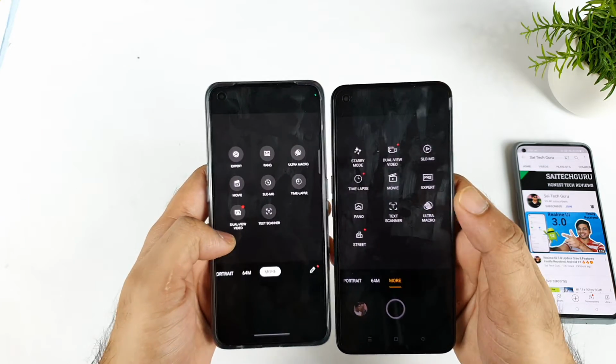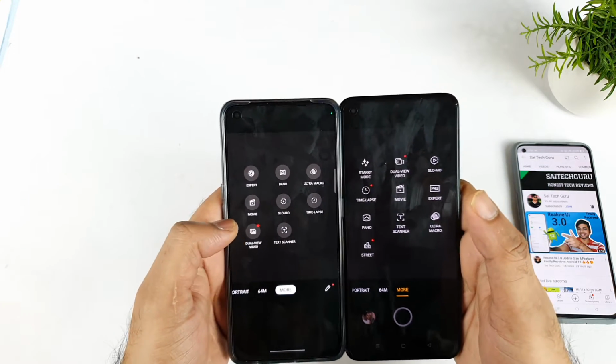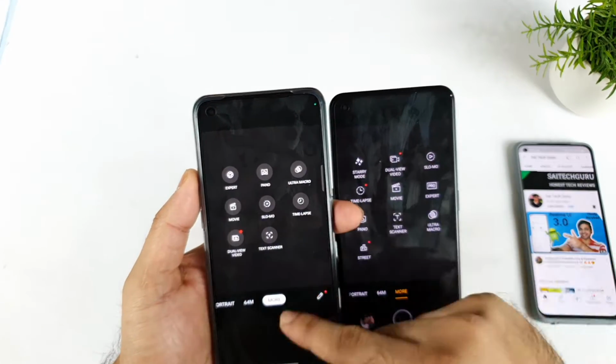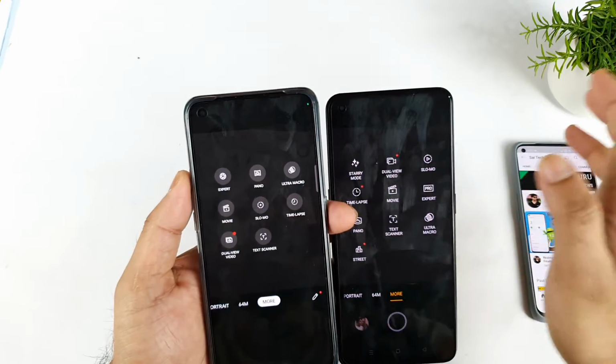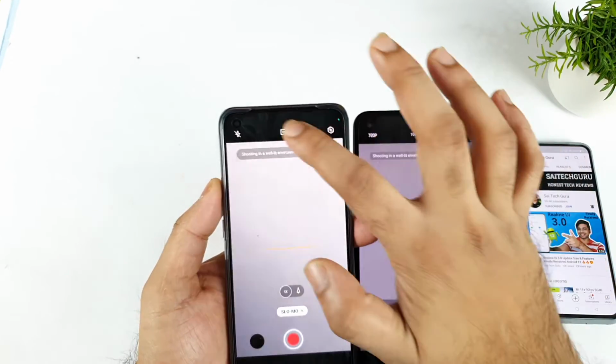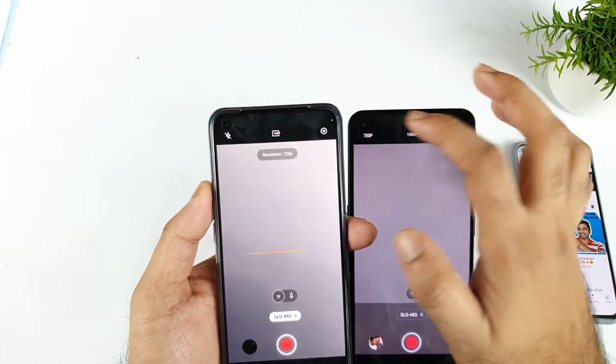And if you try to go to the more options, we get similar kinds of options. There is not much special. Dual media mode is present, text scanner, time lapse, everything is pretty much the same. Slow motion, let's check what is happening with the slow motion. Slow motion 720, 1080, and